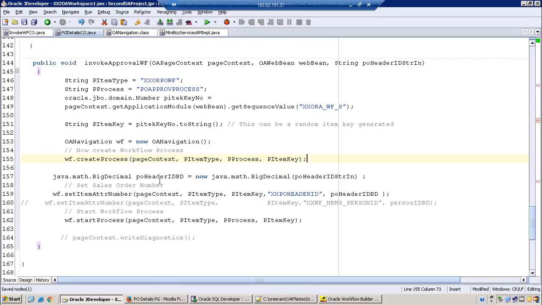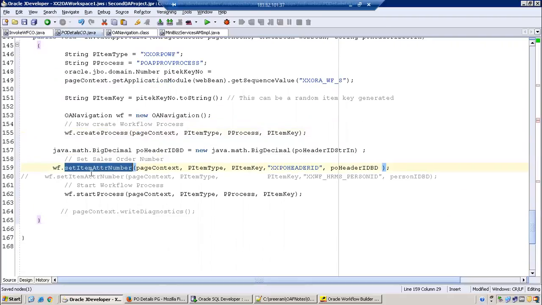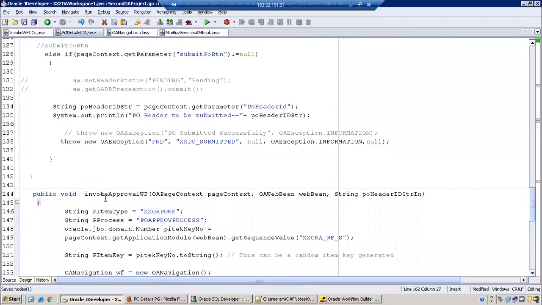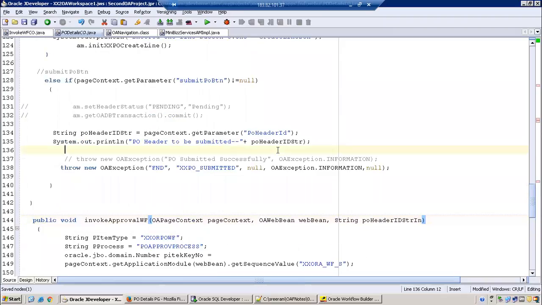If it is a number, we have to convert it to a big decimal, and then we need to set the item attributes. If it is an item attribute number or text or whatever, you need to set it. Mention page context, item type, process, then your particular parameter and parameter value, and then start process. That's it. Okay. So this method will be called from our submit button.